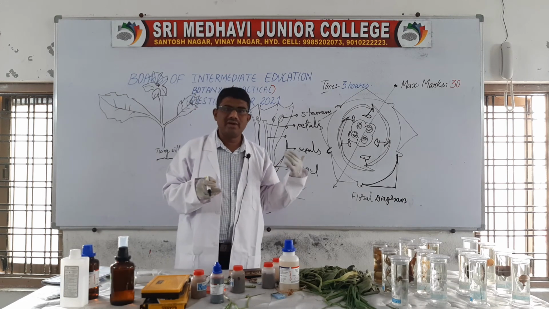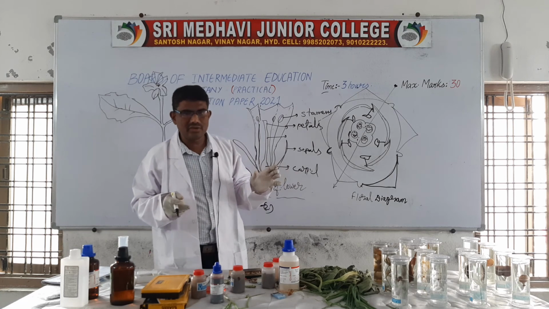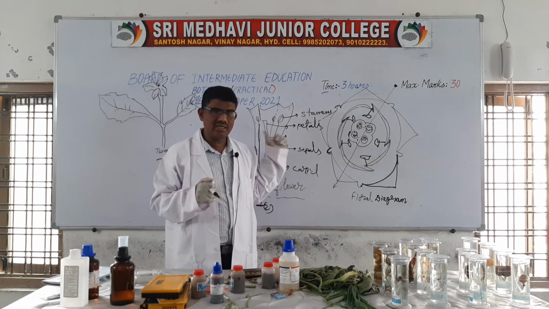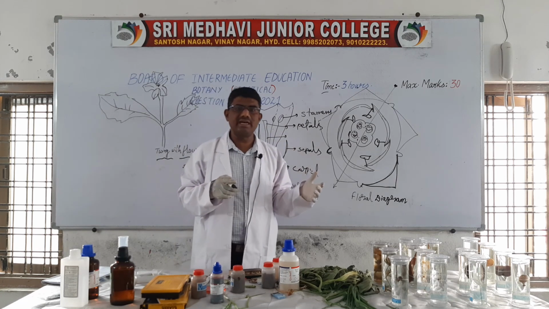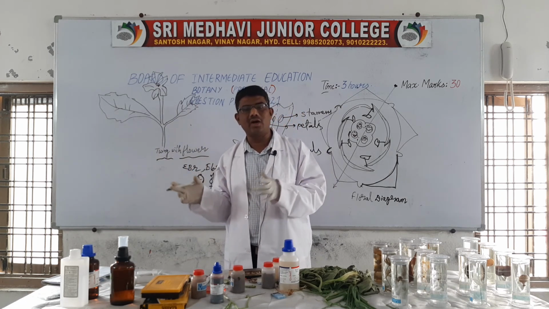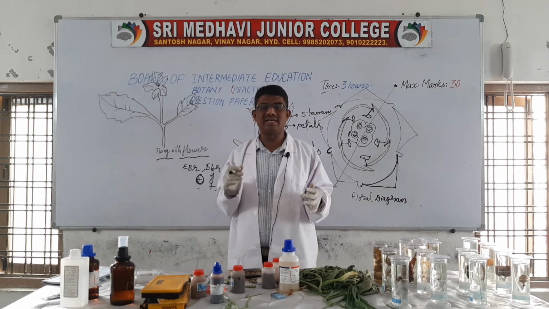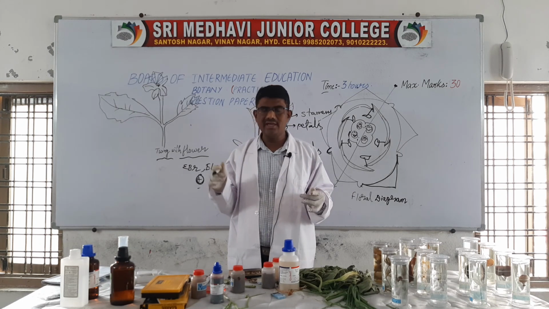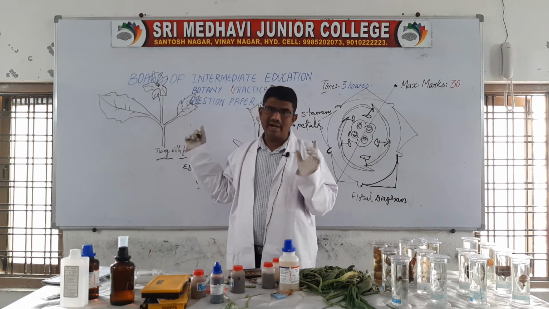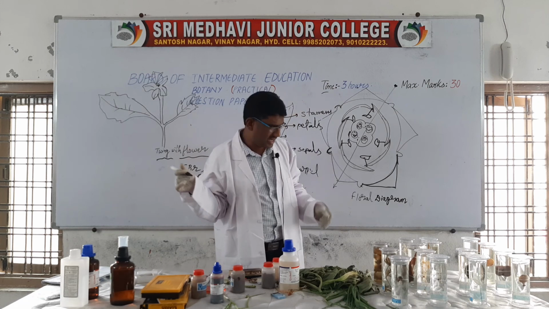This first question is taxonomy. Then the second question is anatomy. Anatomy means dicot stem, dicot root and monocot root. What diagrams are necessary for the second question? In this question, the writing part is necessary and the diagrams are also necessary. We will discuss the next question in a coming video.